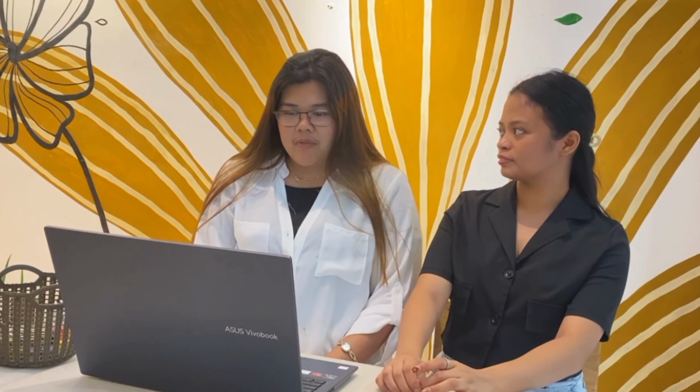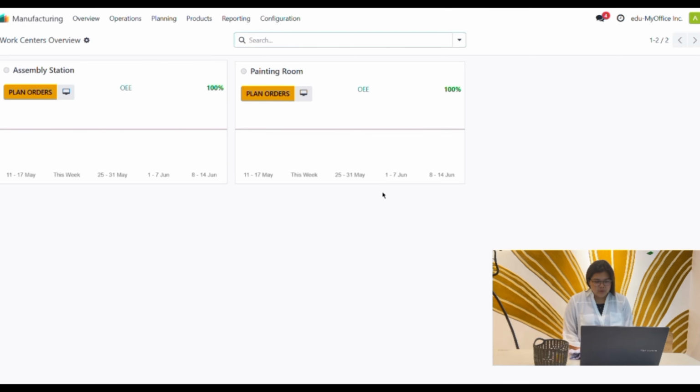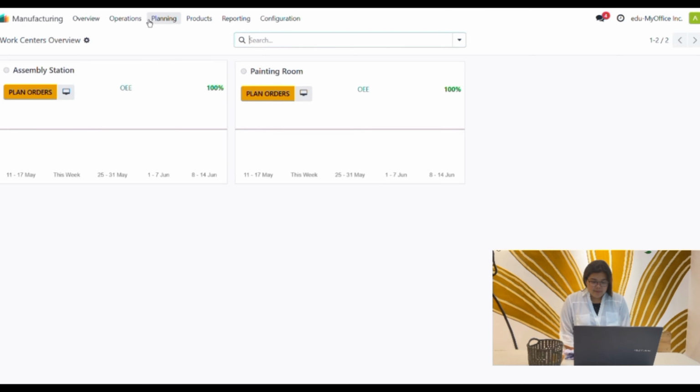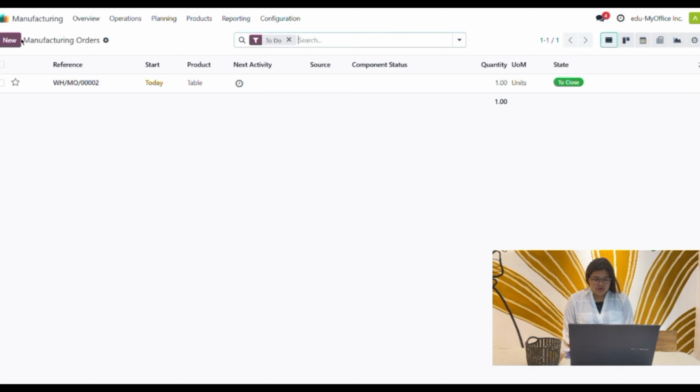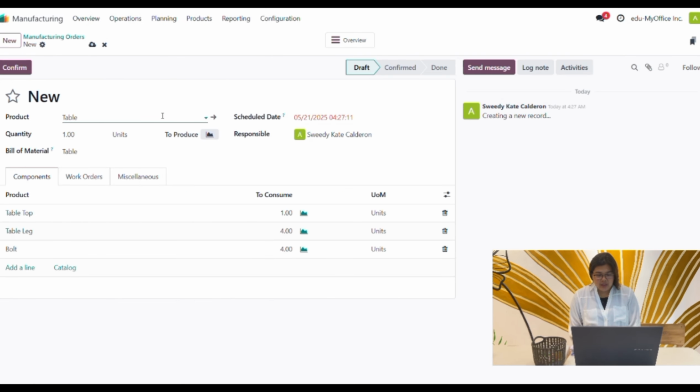That's good. We have to create a new table. We will have the opportunity to test it through the work center control panel. FYI, the torque setting measure should be between 11 and 15 mm. Check your quality test. Go to Work Center Overview, click Operation and show manufacturing orders. Then click New. In Product, type Table. In Bill of Materials, type Table, then save manually.